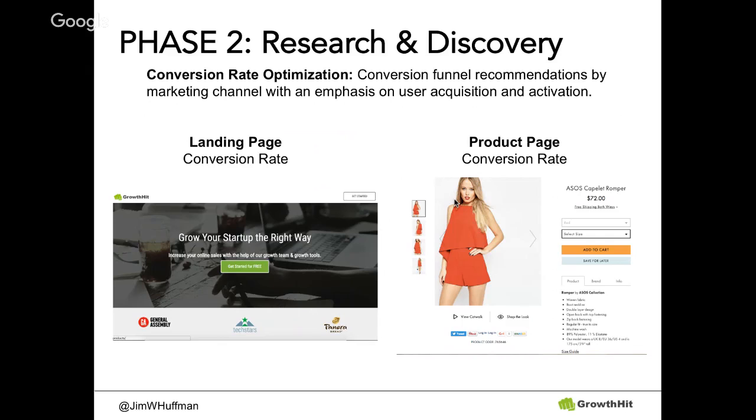And then notice the top line, "grow your startup the right way." This is benefit focus. It's second person. It uses the word "you," so it's about the customer. And then the line below it explains a little bit more about what we do. Our call to action is a big green button. We have the word "free" in there to hopefully help convert. And at the bottom, we have some social proof as far as clients we've worked with.